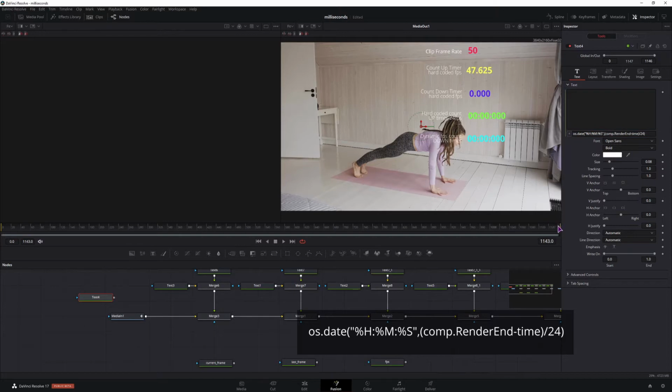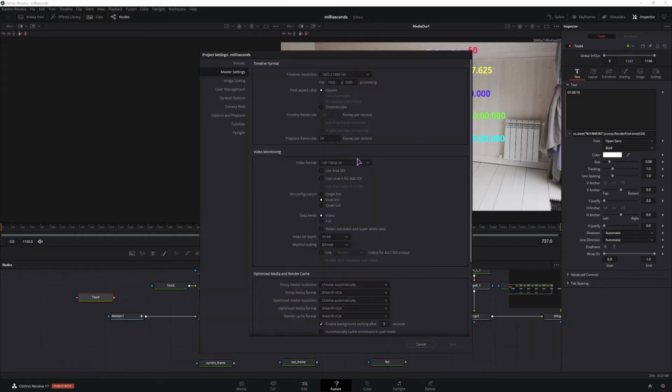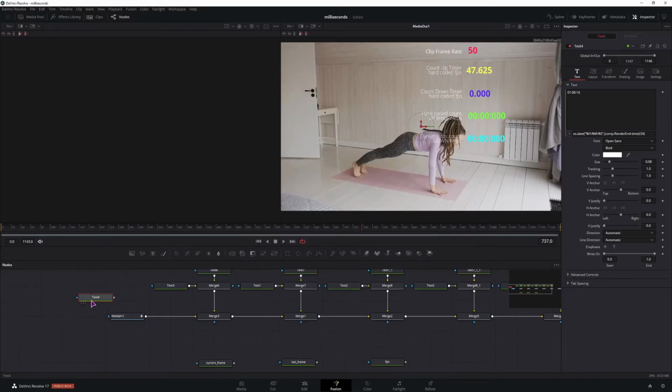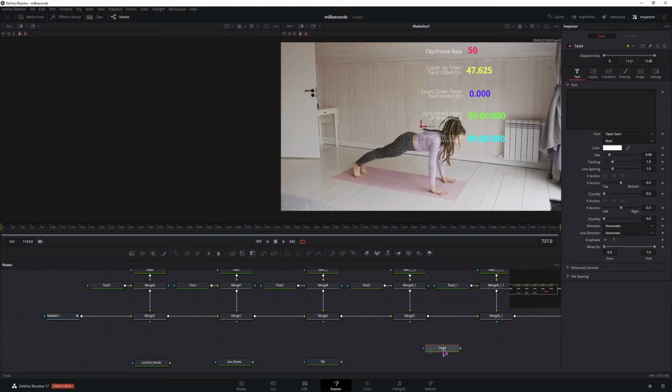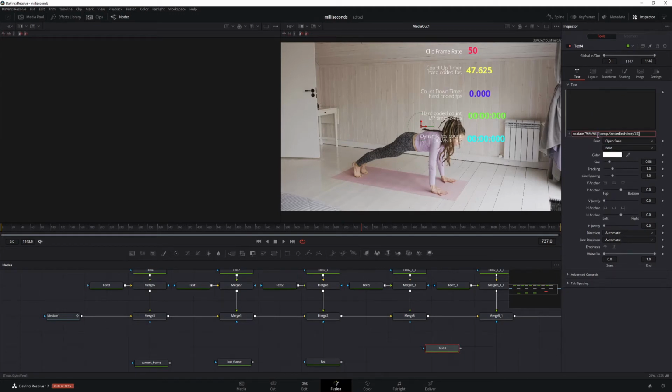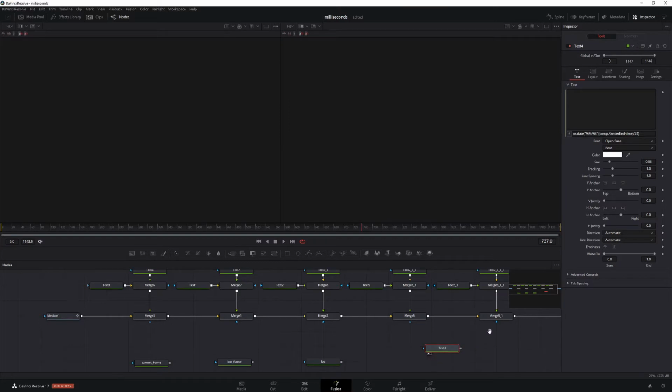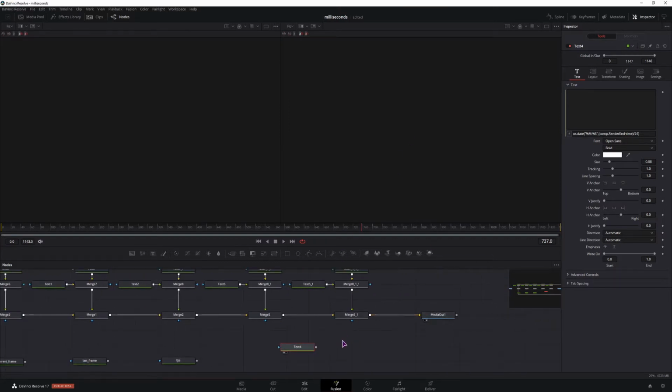So in this case, we go from the last frame minus the current frame and divide that by 24 frames, which is what my project is, at 24 frames. And if I display that, it doesn't show up. Nice. I guarantee you that this expression works, but nothing is displayed. Since I'm using the DaVinci Resolve 17 beta, it's, well, a beta. And that means that most of the time, something just doesn't work. I mean, it does at the back, but it just doesn't refresh. As you can see, it doesn't show up. And now when I hit it, it won't show up again.